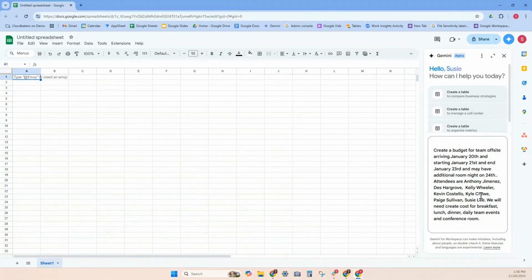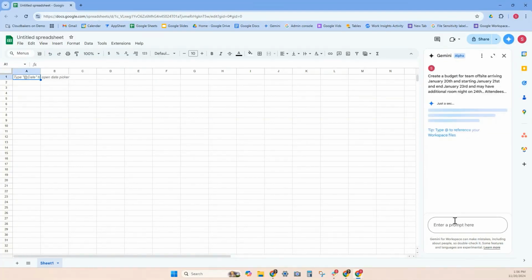These are the attendees. We will need to create costs for breakfast, lunch, dinner, daily team events, conference room. And I forgot to put hotel room. So hotel room. Perfect. So I'm going to go ahead and enter this into Gemini and see what it creates